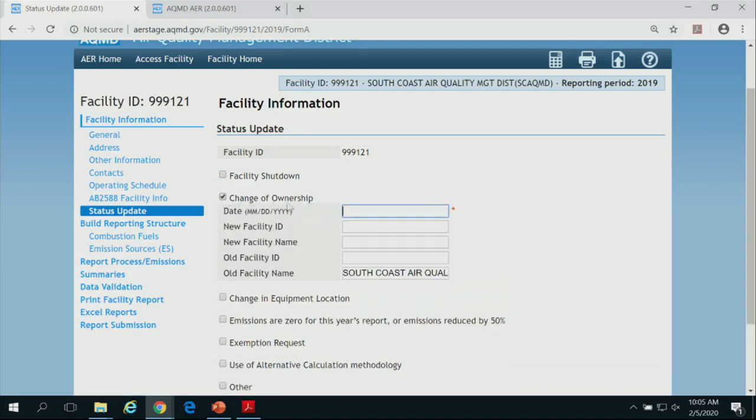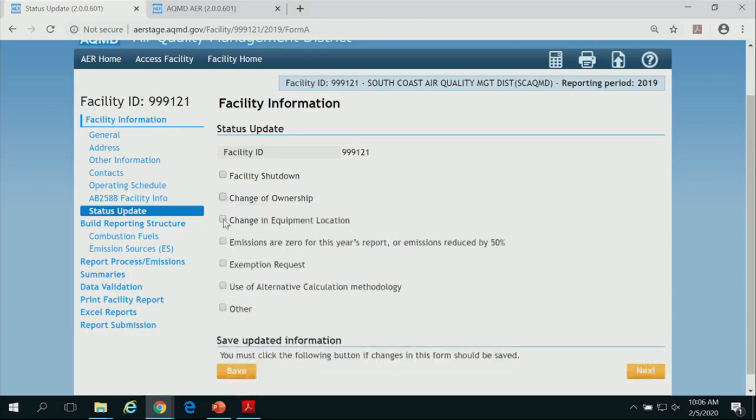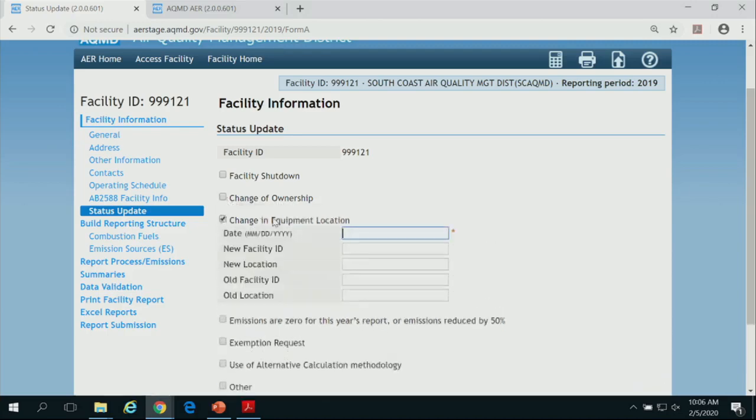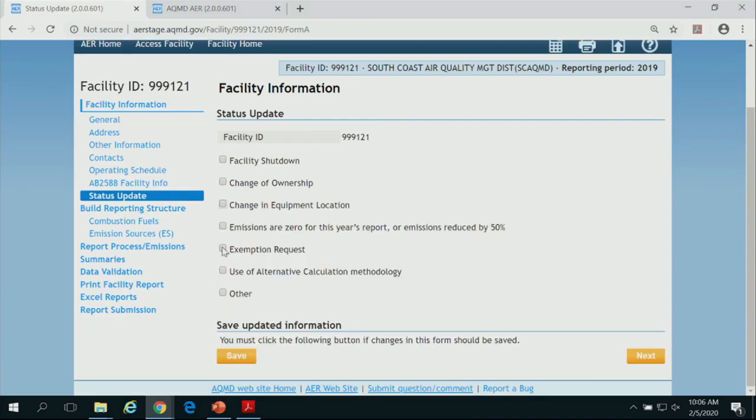You check this box, and you provide the date that the change of ownership occurred, and the previous and new owner information. Change in the equipment location, if you relocate it, because all this.